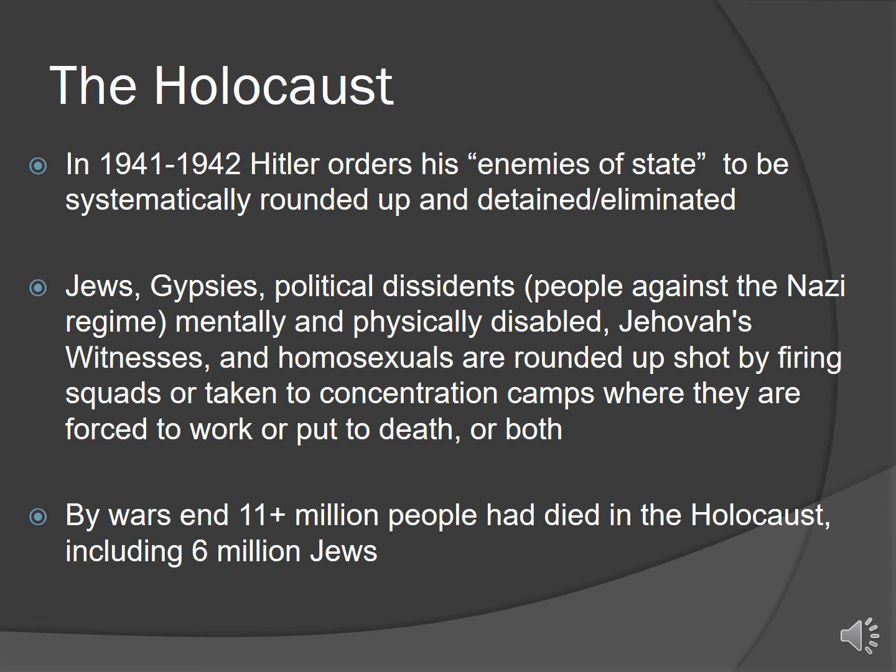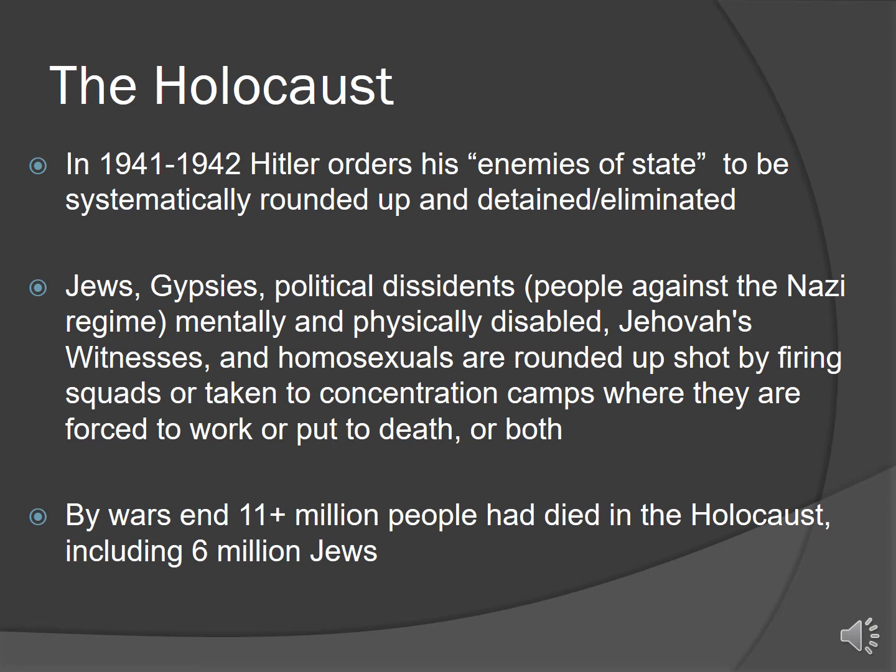The mentally and physically disabled. This group was oftentimes detained and then used for the purposes of human lab rats. So they were used for medical experiments and things like that. Jehovah's Witnesses, there were not a whole lot in these areas, but the ones that were, they were targeted by the Nazis because they were very anti-Nazi and outspoken about it. And then finally, homosexuals. So all of these groups of people were either rounded up and sent to detainment and or